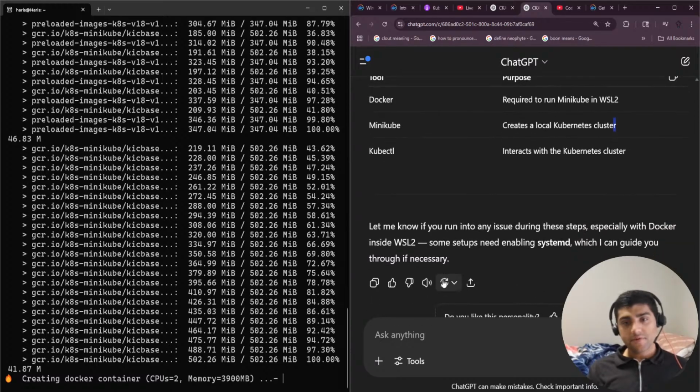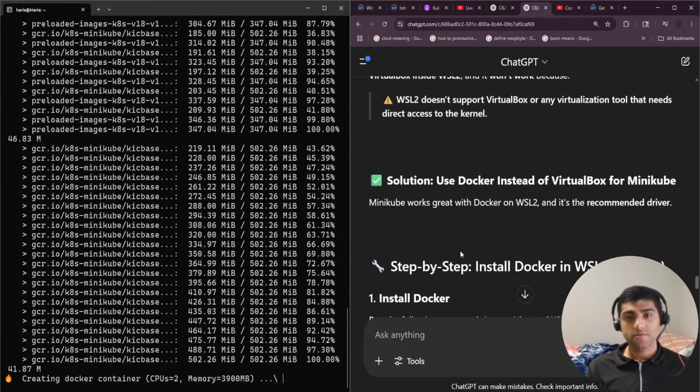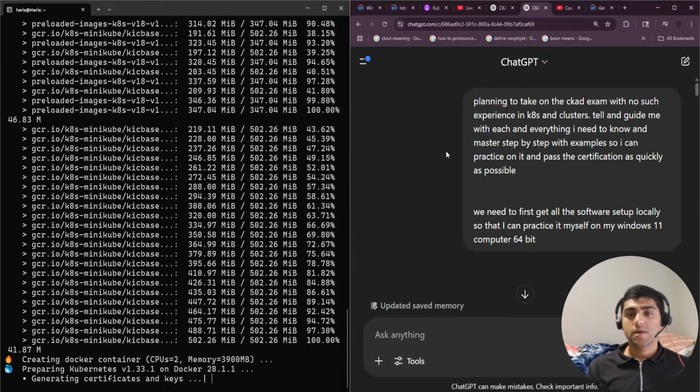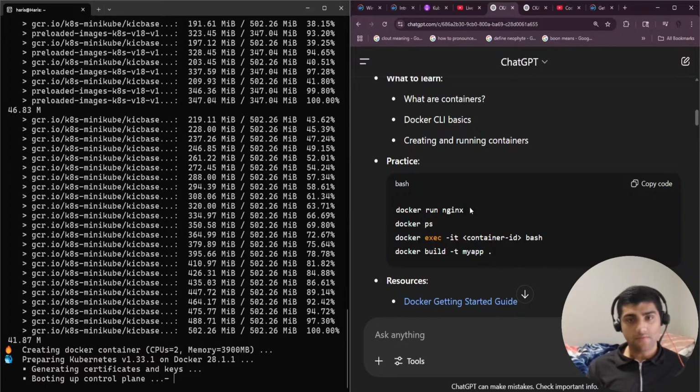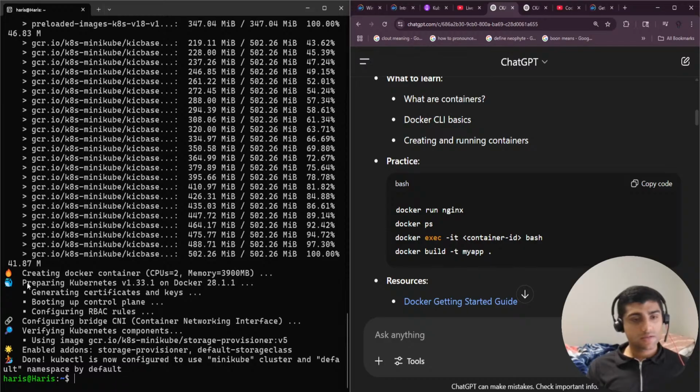So let me know if you run into any issues during the setup processes, especially the Docker inside WSL2. Some setups need enabling systemd, which I can guide through if necessary, but creating a Docker container. It has two CPUs, memory is this much, but it's creating our container, whatever it is. And let's see what happens. After that, we can go on to the next part and run some of the commands within the cluster, that practice cluster, right? So I guess it's creating Docker container and then preparing Kubernetes